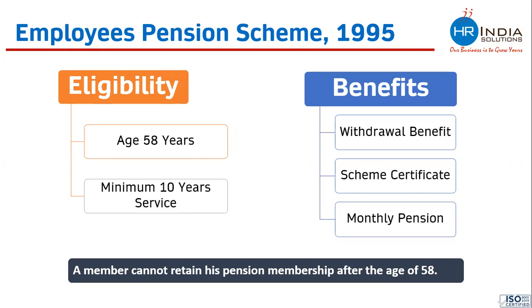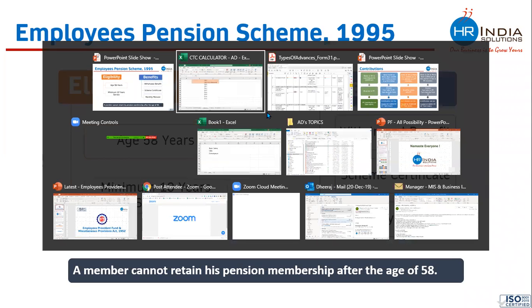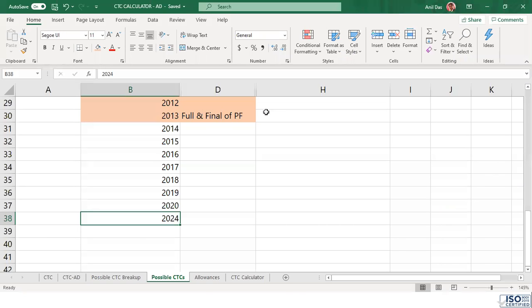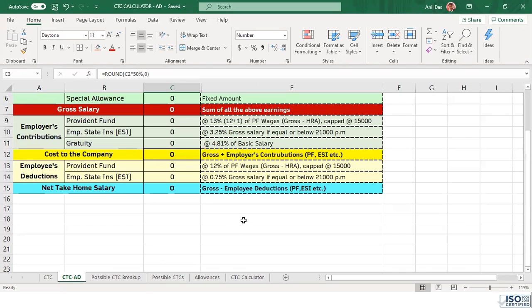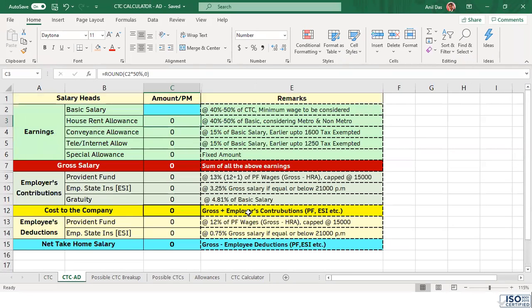You mean the monthly pension will start after these two criteria of eligibility? Yes. We are talking about monthly pension. And one surprising thing is that your monthly pension cannot, in any case, go beyond